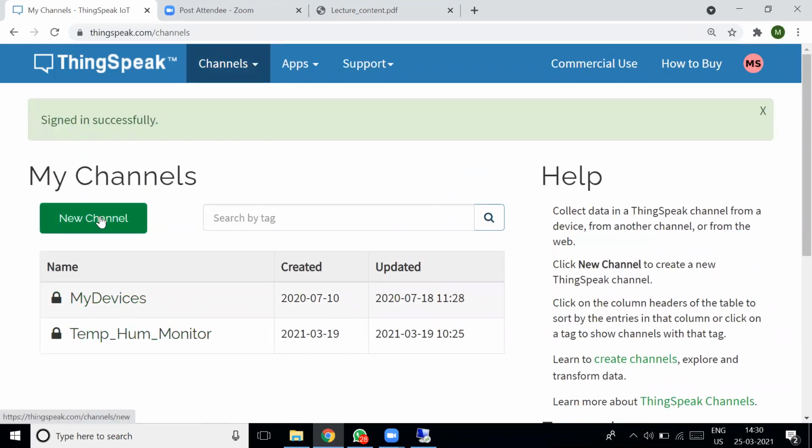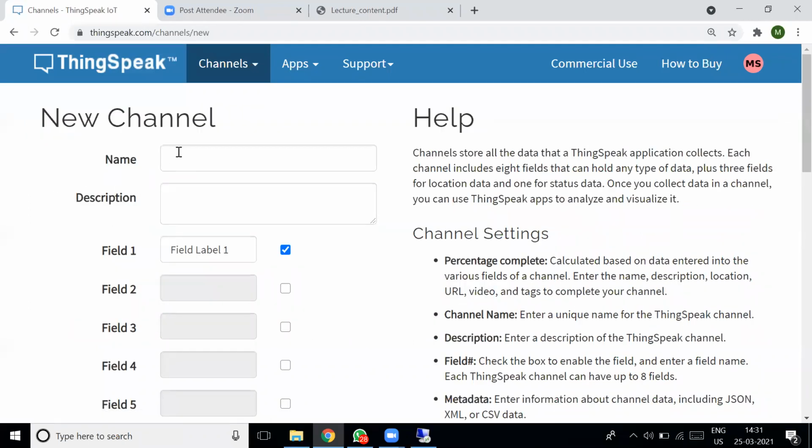So you have to create a new channel for this application. The channel name is IoT project. The first field is for temperature.